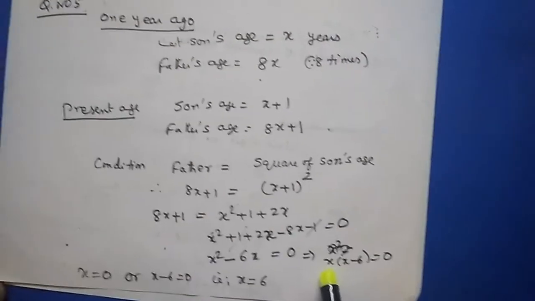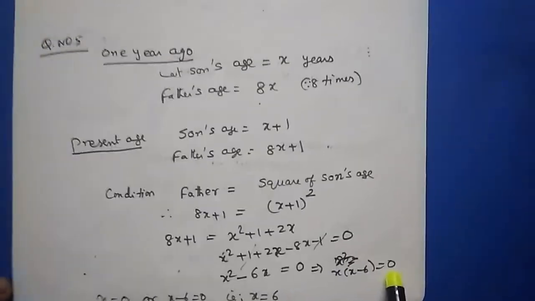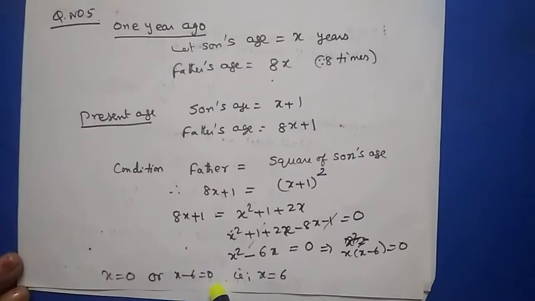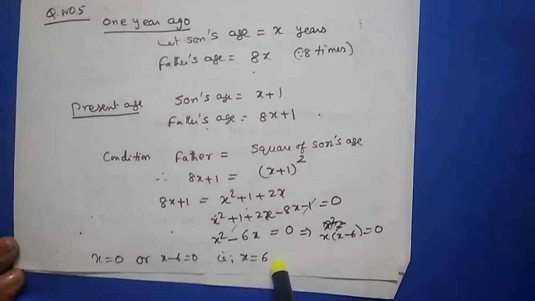You can take x outside. x into x minus 6 is equal to 0. x is equal to 0, this is not possible. So x minus 6 is equal to 0, x is equal to 6. That is the